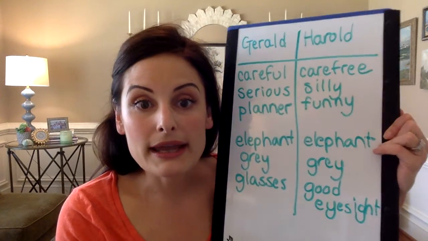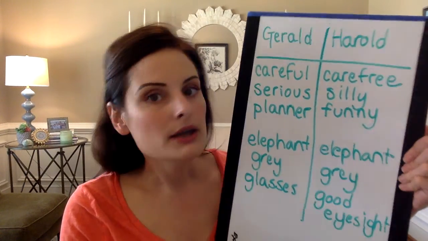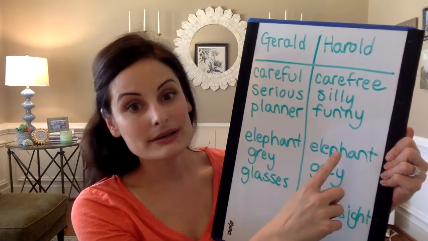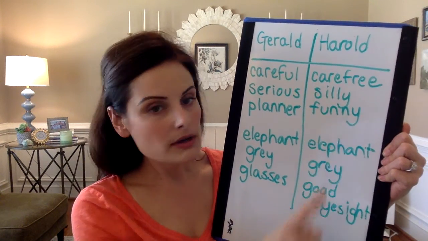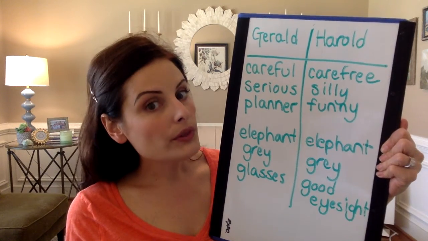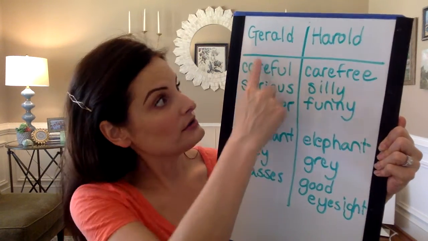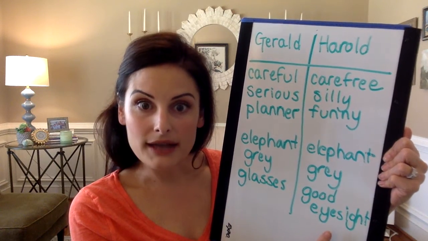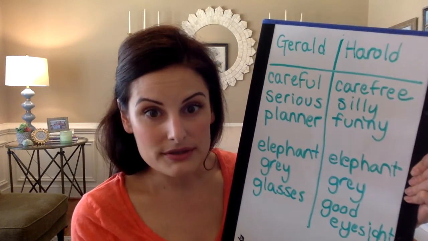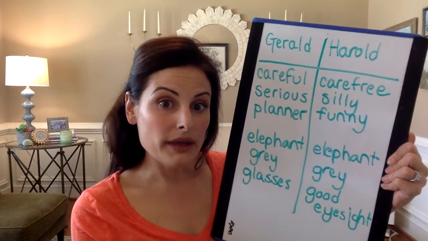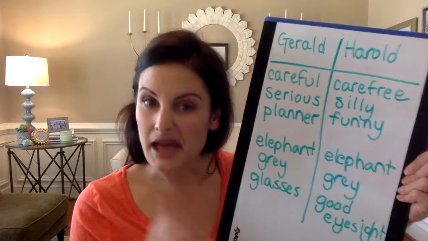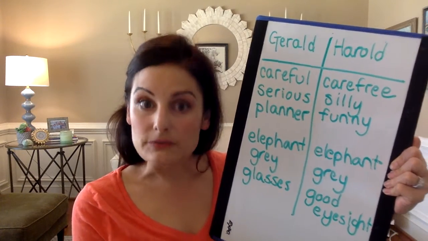You each created a T-chart for me. You had one side as Gerald and one side as Harold. Then you wrote the characteristics for Gerald under his side and Harold under Harold's side. Did a really good job with this. Most of you told me that you noticed there were some similarities, things they have the same, and some differences